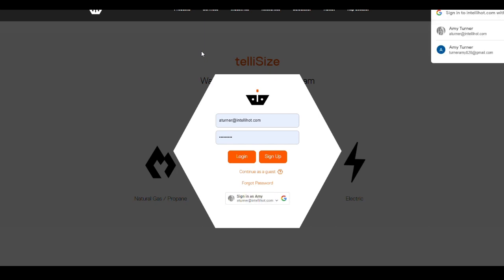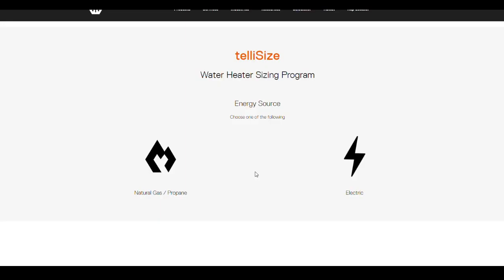The Sizing Calculator will open up with a login page. You have two options to log in: create an account or continue as guest. If you create an account, you will be able to save sizings for future referencing or editing. Now that we have logged in, you can begin your sizing by selecting your energy source. You can choose natural gas and propane with the flame icon selection, or electric sizings with the electric bolt icon